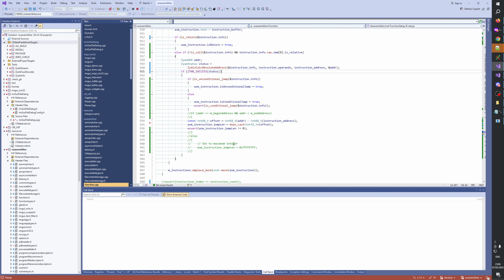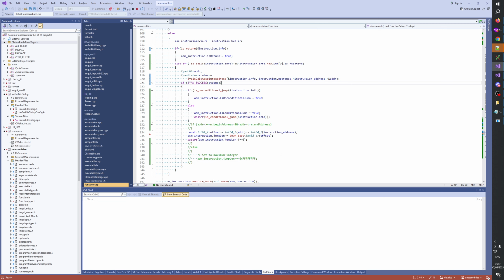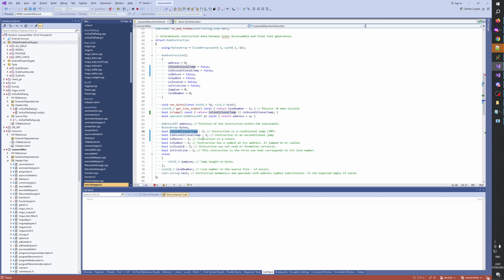So this doesn't work. Maybe we need to have another flag. It's conditional jump. Maybe we say